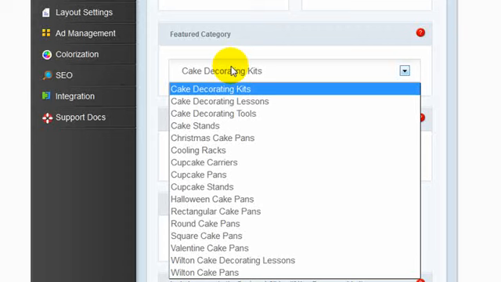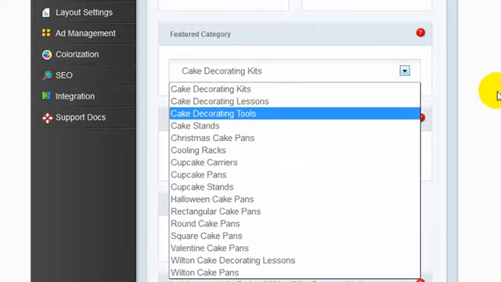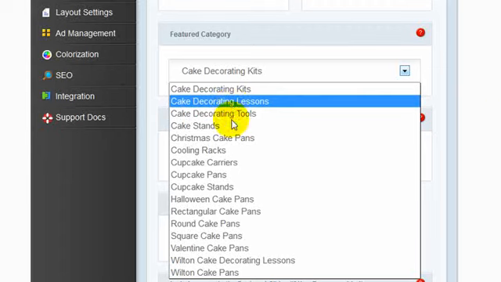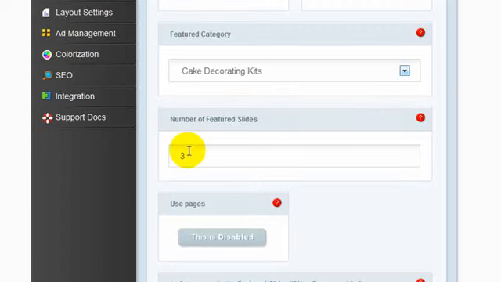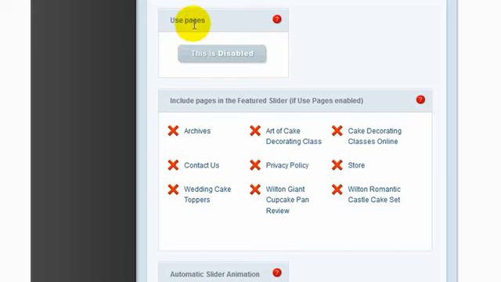And any item you want to appear in that top rotating featured area, pick from a list here. So if I created one called featured articles, I would go find featured articles in this list, and then it would display the most recent 3 in that category. I can also choose to use pages, and if I want to do that, I simply click this so that it's enabled,